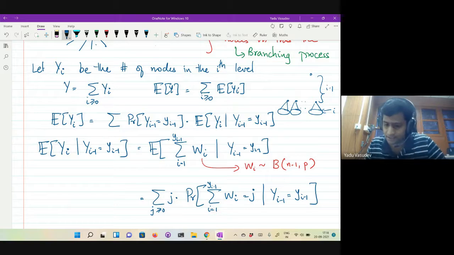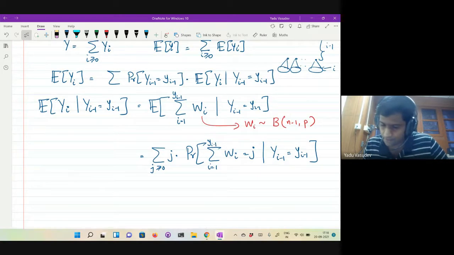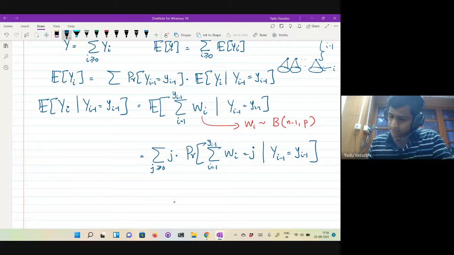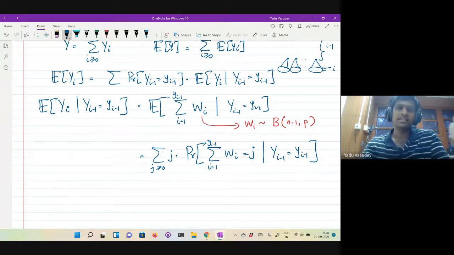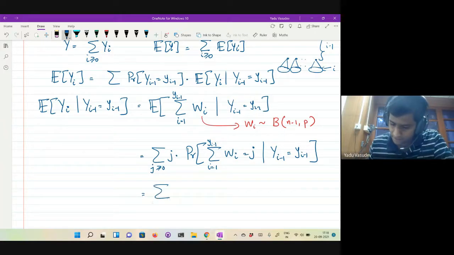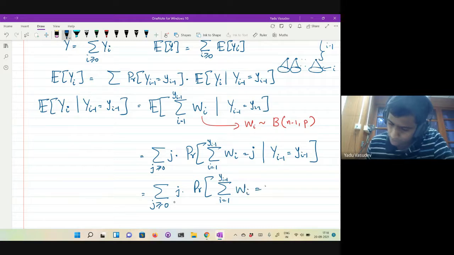This is just the expansion of the expectation. Notice that each node after the (i minus 1)th level has an independent binomially distributed number of children. So this is nothing but the summation over j greater than or equal to 0 of j times the probability that the sum of W_i, for i equal to 1 to y_{i-1}, is equal to j,